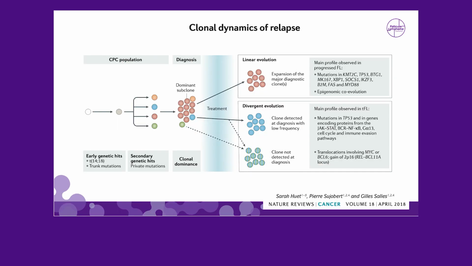And again, without going into the details, there are the CPC, the common progenitor cells with a specific set of mutations, then additional mutations that can give rise to linear evolution where you have repeated episodes of relapses with the follicular lymphoma pathology, but also divergent evolution where there is acquisition of very active drivers that push the cells towards